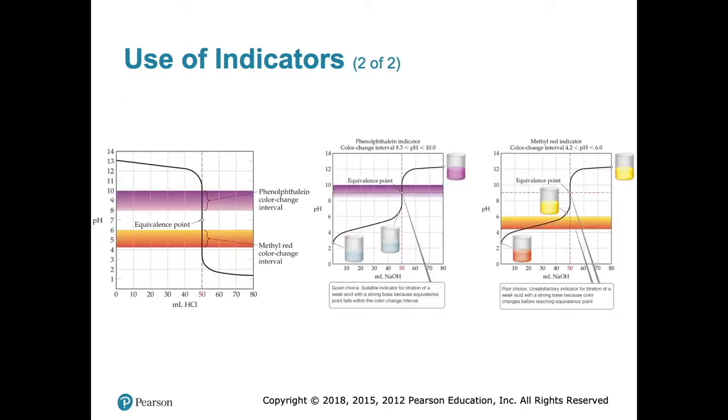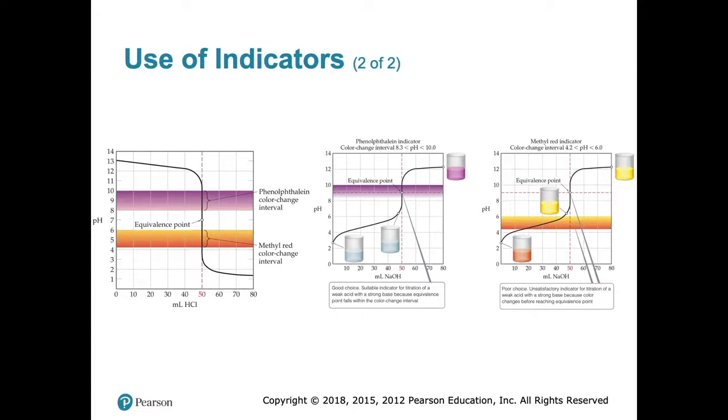Here's some indicators, right? Here's phenolphthalein right here, and its color change point is right here. That's pretty good because that's where you want to see the equivalence point. We also have another one here called methyl red, and you can use this also for strong acid, strong base, and its color change happens at a little more acidic pH. Here, this is very reminiscent of a weak acid, strong base. And that's also phenolphthalein right there.